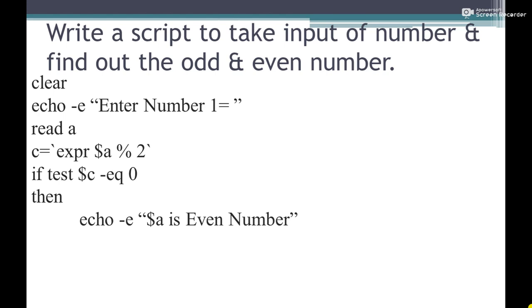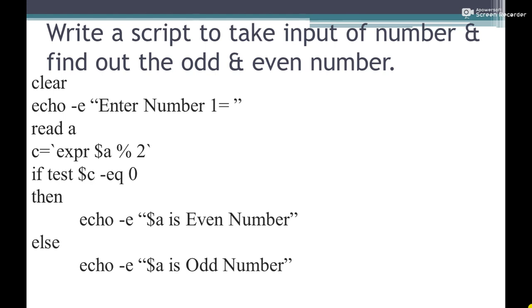So over here you can use this also: if test $c -eq 0, where -eq is for equal to. If this condition is true, that means $c equals 0, then it will display echo "$a is even number", and if this condition is false, then it will display the else part statement, that is echo "$a is odd number".